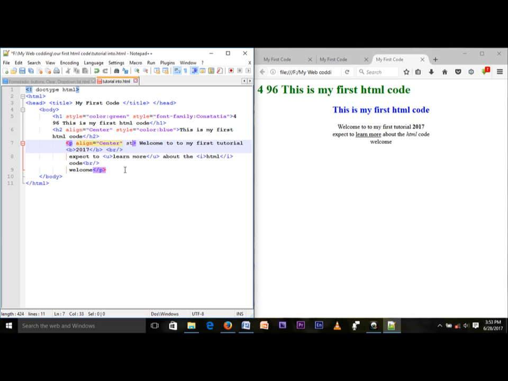So what am I going to do? Style, then equal to, open speech marks, and then type font size. Okay, if you type font size, now put a colon, then put